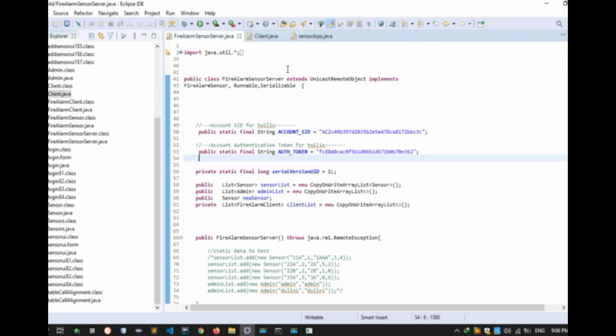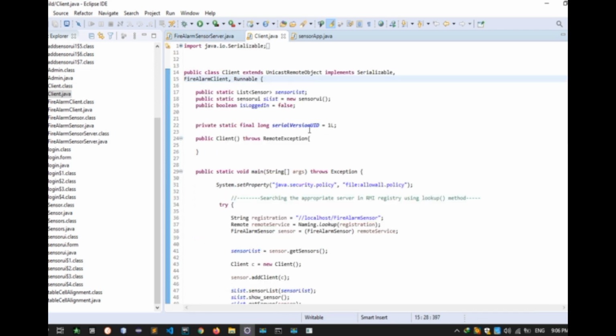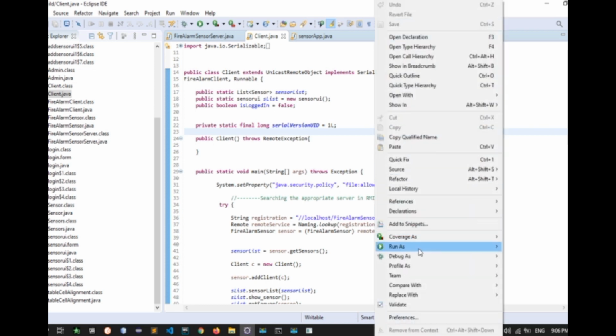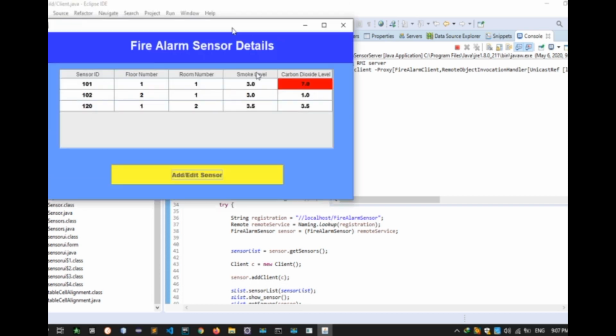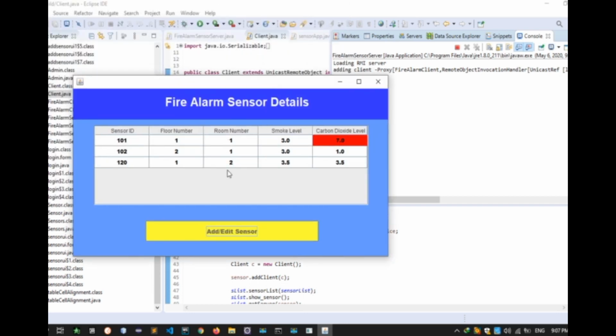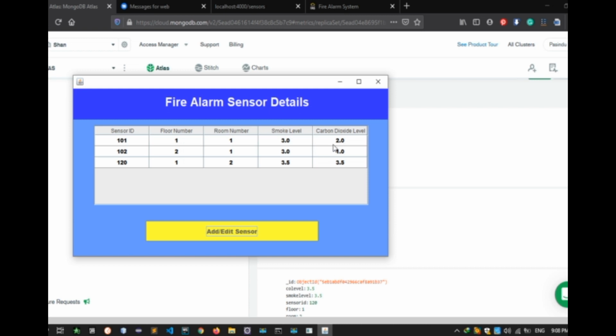And then I'm going to start our client. This is the desktop application. Now I'm going to start that. Yeah, in here we got three details, because I added three sensor details initially. Our RMI server looks at the API every 15 seconds and updates the sensor status.